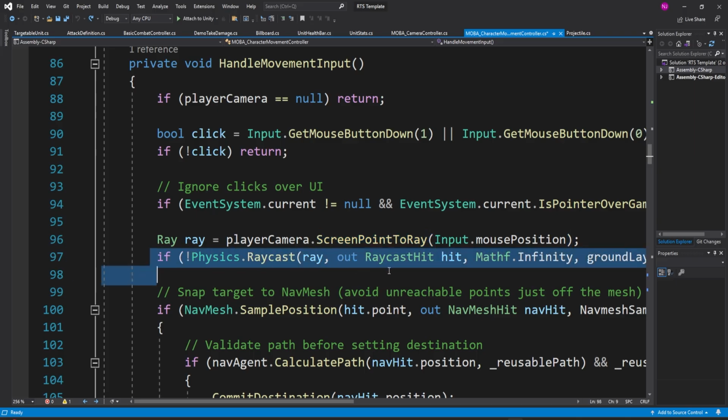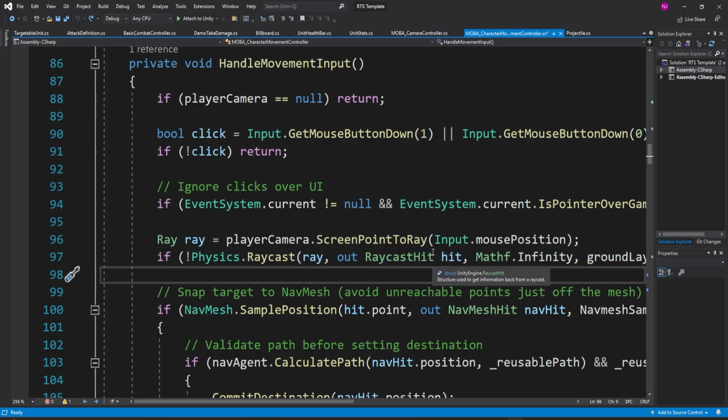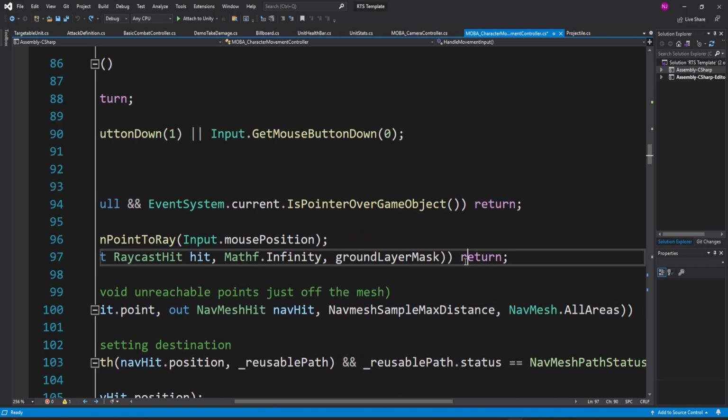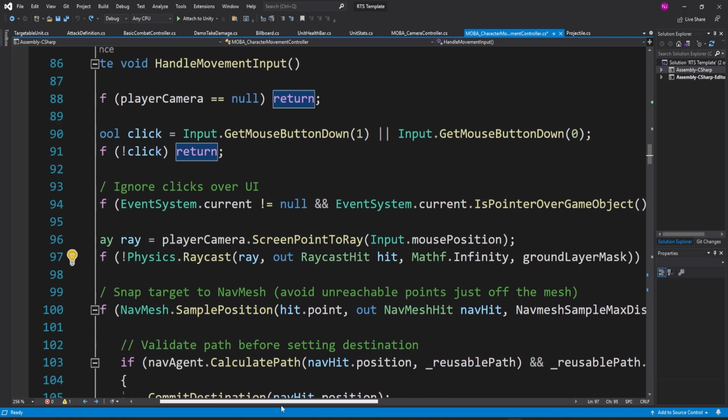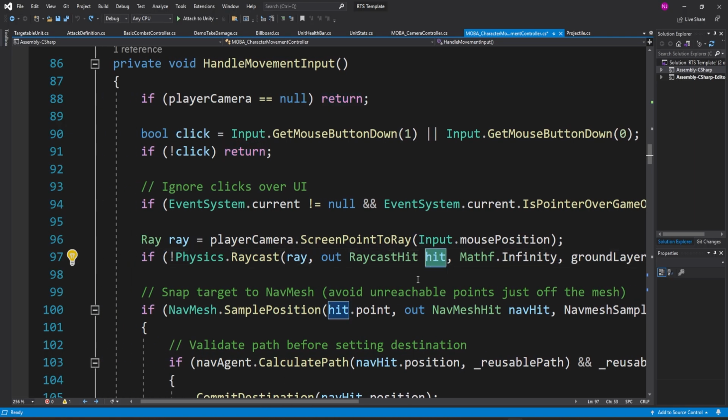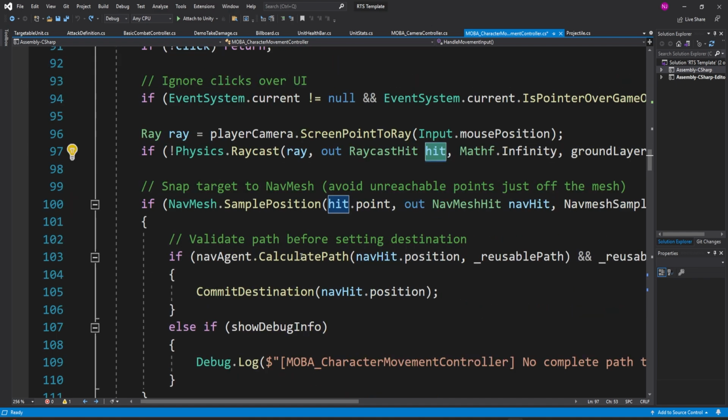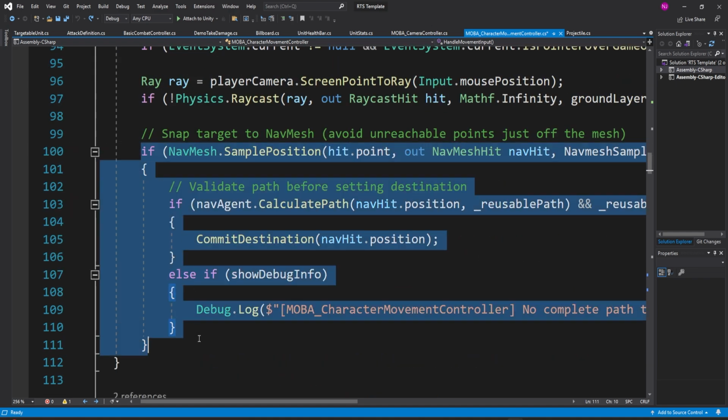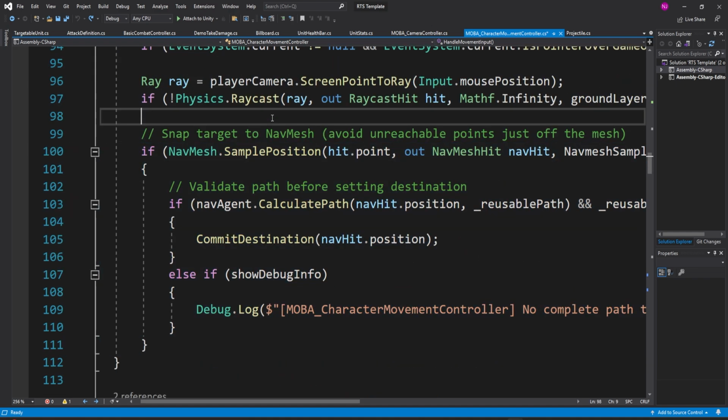This next if statement is checking our raycast to make sure that we hit an object, and if we didn't hit an object, then it's going to return. If we hit an object, then it's going to out the hit into this raycast hit variable. And it's in these next lines of code that we're getting the point where our ray intersects with that nav mesh surface, and we'll give it to our nav mesh agent in order to calculate a path and execute the